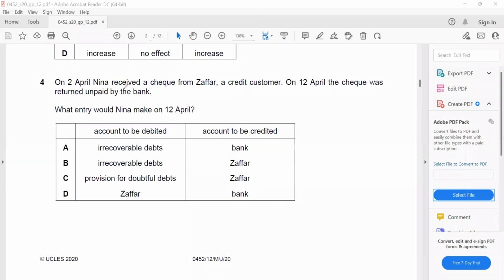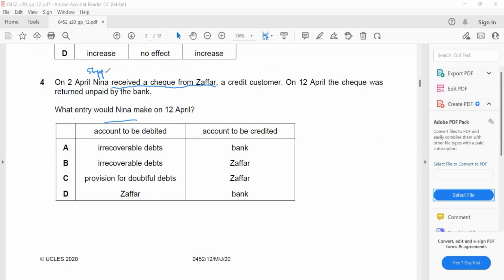On 2nd April, Nina received a check from Zafar, a credit customer. On 12th April, the check was returned unpaid by the bank. What entry would Nina make on 12th April? Account to be debited, account to be credited. So here, received a check from Zafar. On 12th April, the check was returned. So Nina is a